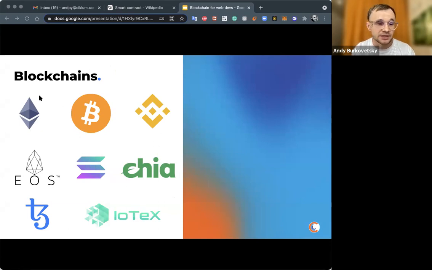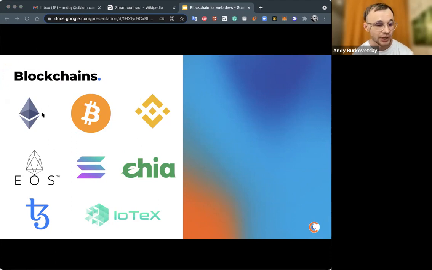Especially this year, there are a lot of blockchains released, like Chia and Solana. Chia was developed by the inventor, the person who invented torrent. Binance Smart Chain was released by the trading company Binance. Solana is from some people from San Francisco.